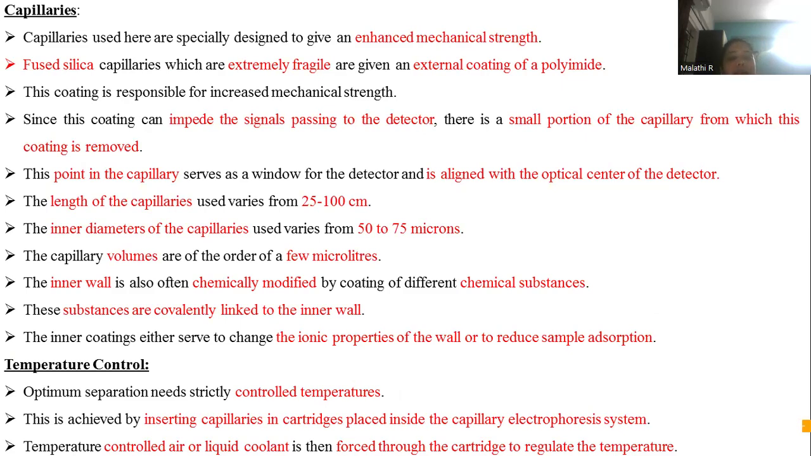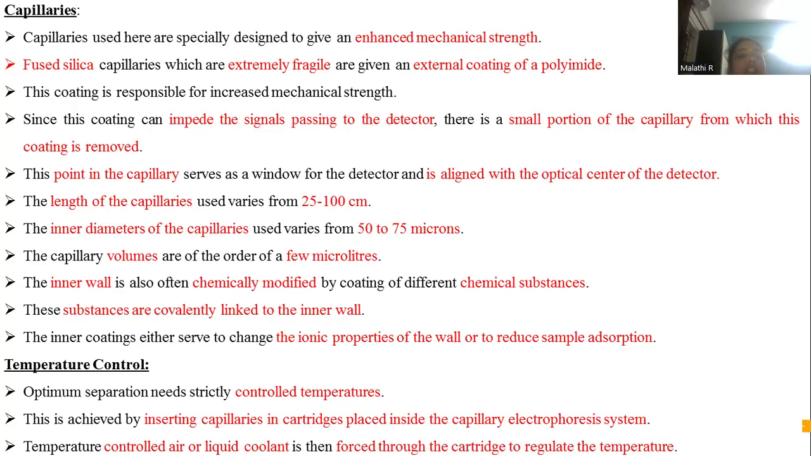Fused silica capillaries, which are extremely fragile, are given an external coating of a polyimide. This coating is responsible for increased mechanical strength. Since this coating can impinge the signals passing through the detector, there is a small portion of the capillary from which this coating is removed. This point in the capillary serves as a window for the detector and is aligned with the optical center of